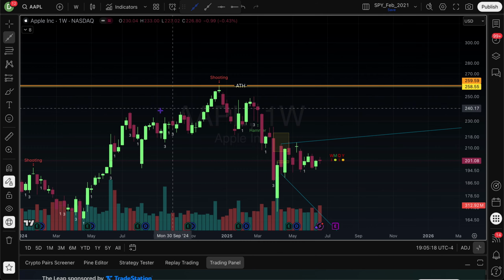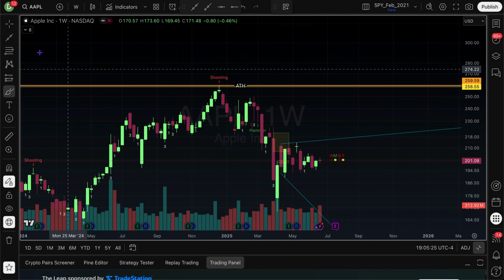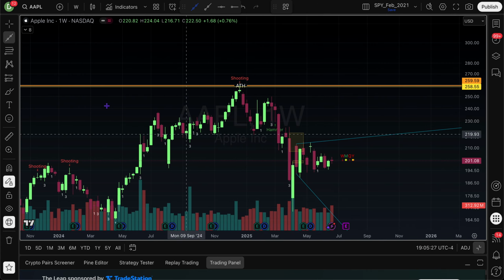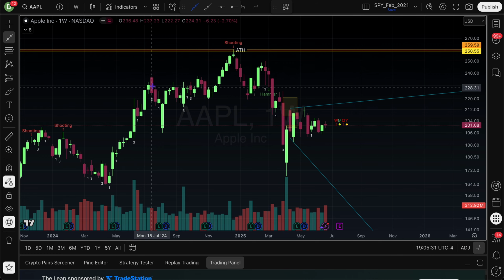So a broadening formation is when price starts making higher highs and lower lows over time. So the chart looks like it's widening out like a megaphone. So the market's not broken. This is just how it grabs liquidity. So I'll draw a couple of these broadening formations with you.